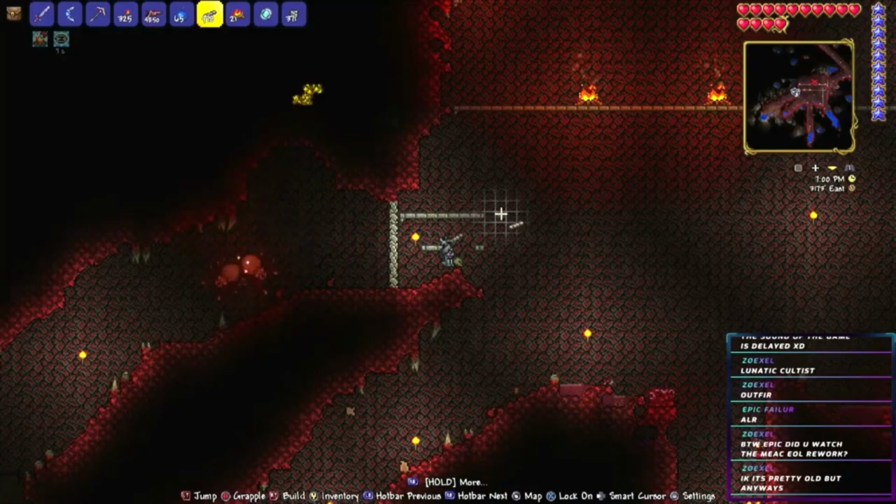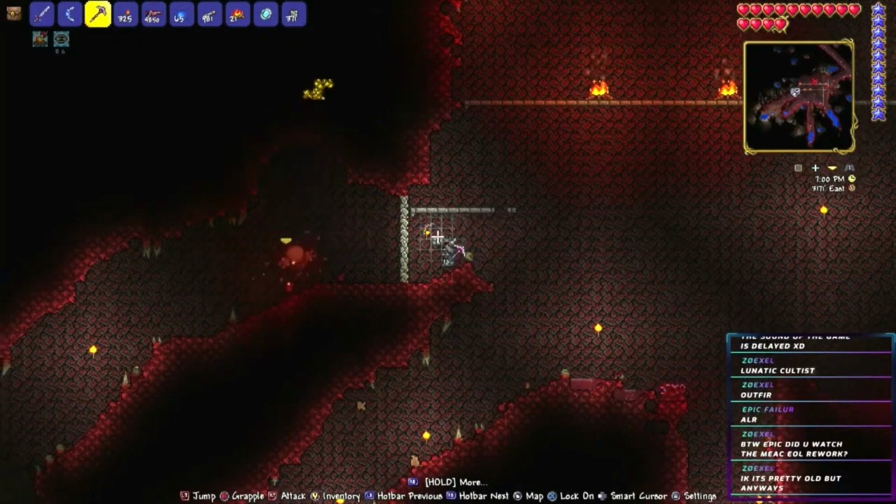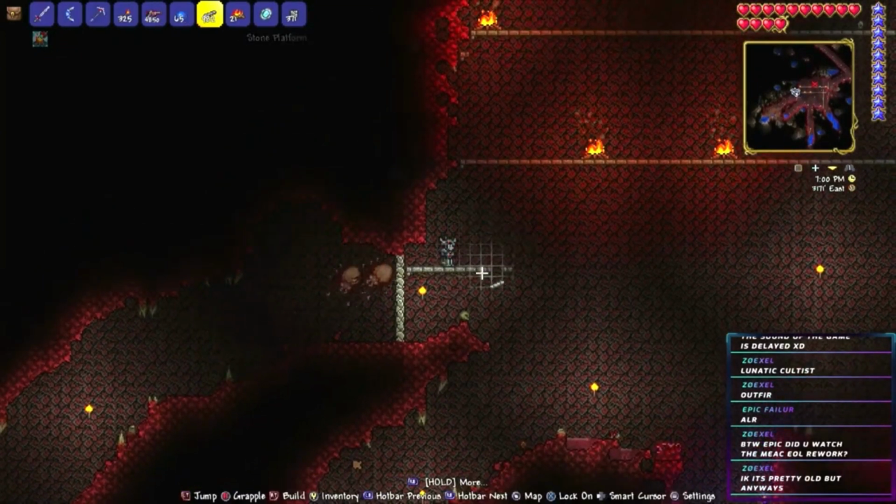After this, I returned to the Crimson and finished the arena that I would use in my fight against the Brain of Cthulhu. And upon summoning him...